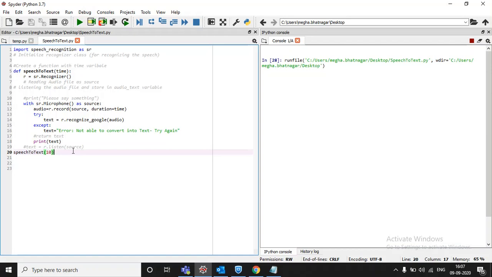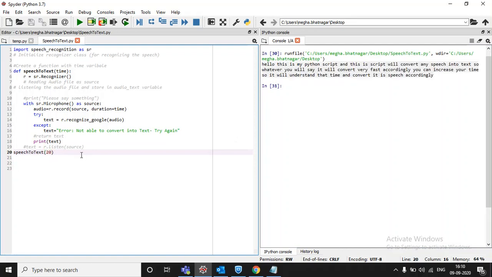Hello, this is my script, and this script will convert any speech into text. So guys, here you will see I've said hello, this is my script, and this script will convert any speech into text. So whatever you say in 10 seconds, it will convert this speech into text. If you want to say more things, you can increase your time accordingly.